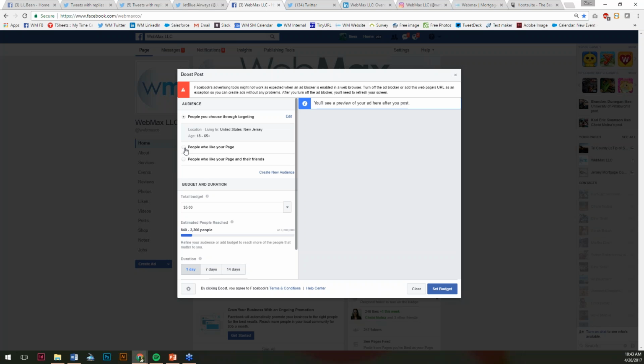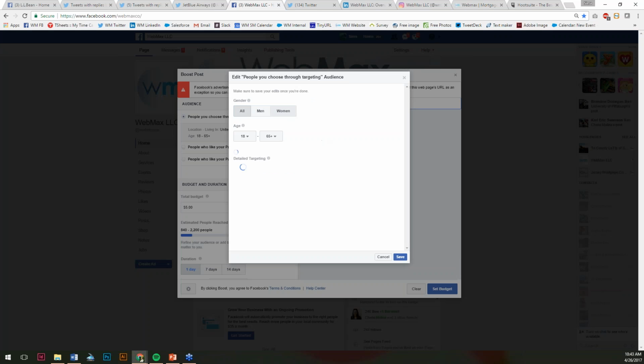So do you want to only target the people that have liked your page? Do you want to target them and their friends? Or do you want to just select a specific area? So you would go into here, and really posting an ad and boosting your post are going to be very much the same. So you go to all, men, women.